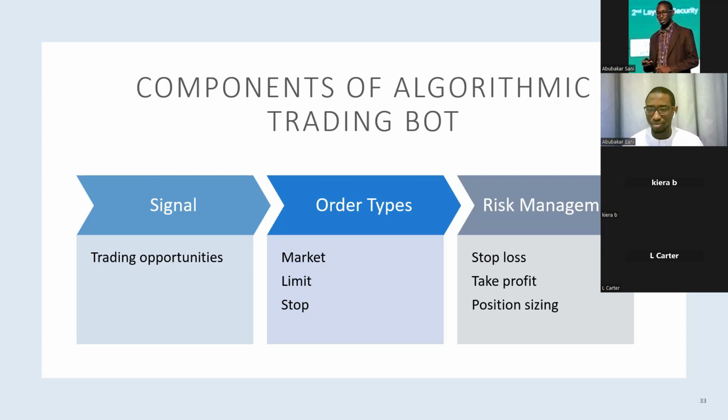Stop loss means you want to stop your losses. You don't want to blow up the whole account. So let's say we have put 1,000 or $2,000 in our account, and then we went into buying. We bought stuff, and then we wait, and the price starts to crash down. If we don't have a stop loss, we're going to lose all of our money in just one trade.